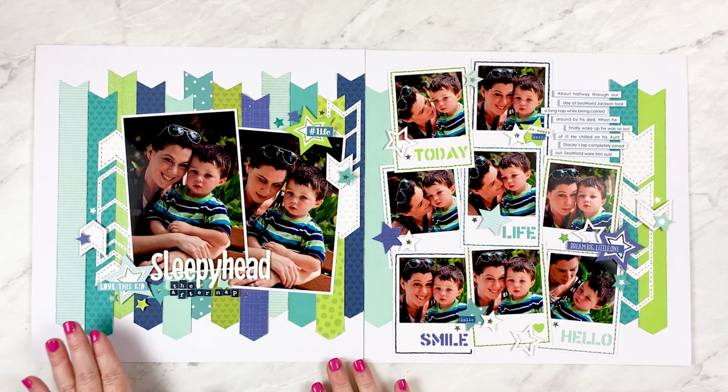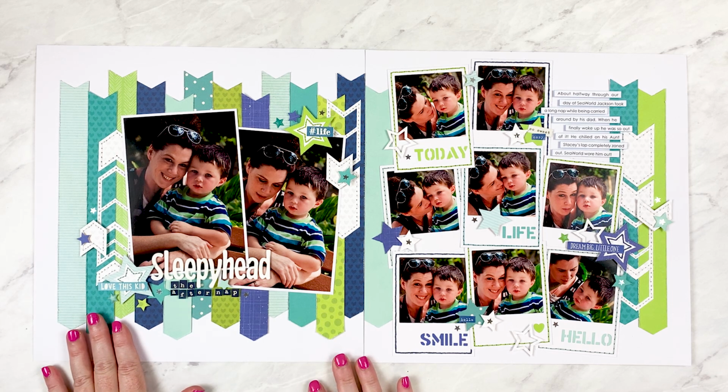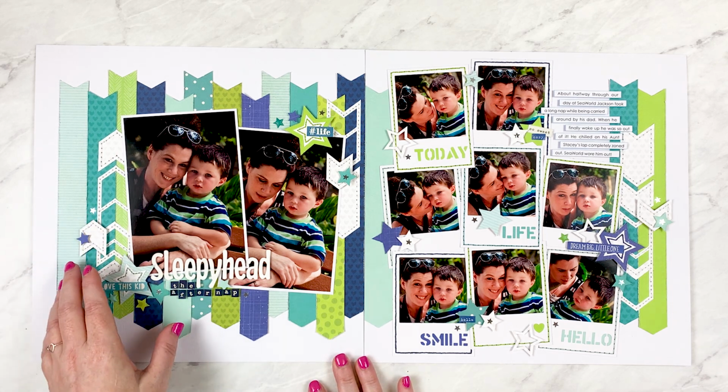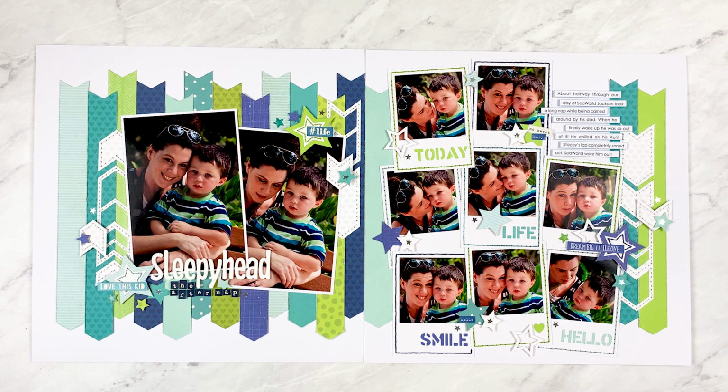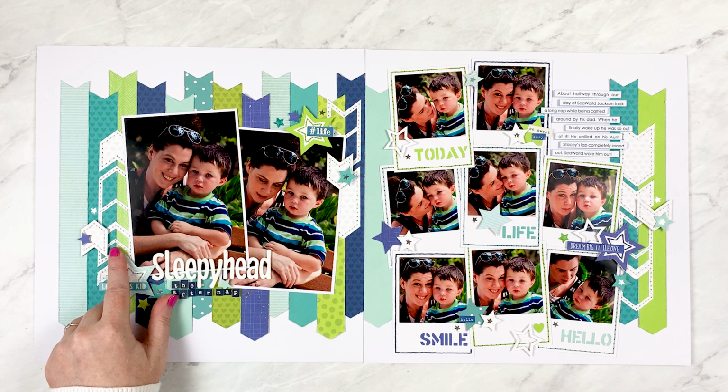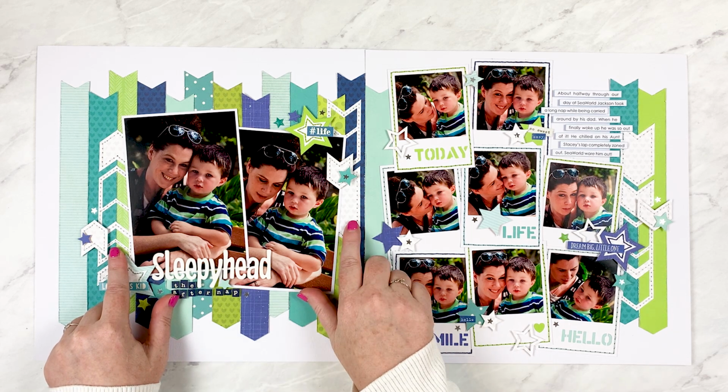All of the strips are the same size and I arranged them staggered and some are overlapped onto others. You can see that I've followed a pattern both with the arrangement and the order of colors. I like to do this to have both balance within the arrangement of the design and the colors of the design. I also added in a few arrow strip die cuts that are cut out of white paper